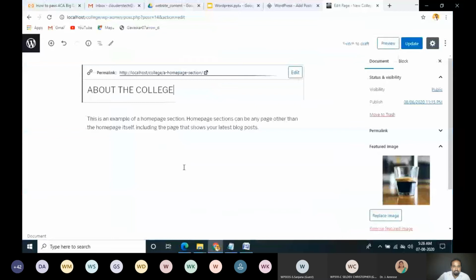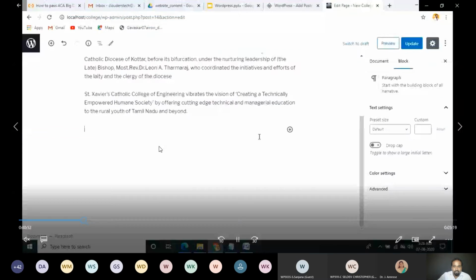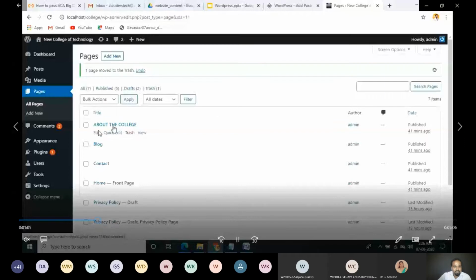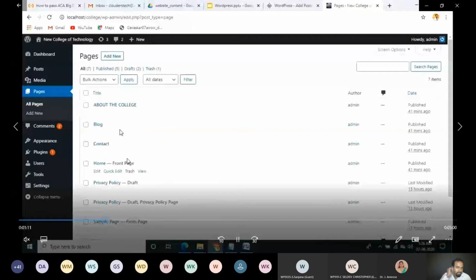Just copy and paste. Now update. If you want, you can preview. I'm going to delete this page, it's not needed. So our first page is ready. This is the college page. The second page, edit. This is the second page.